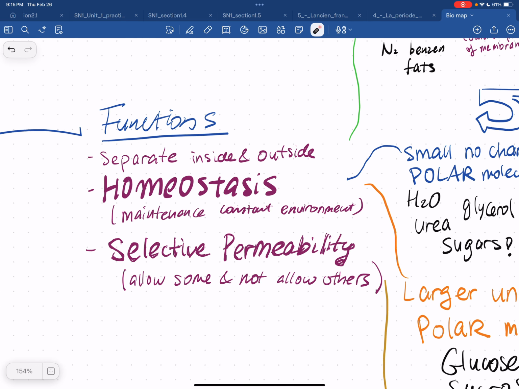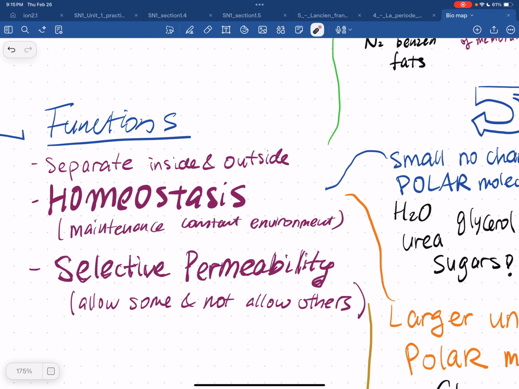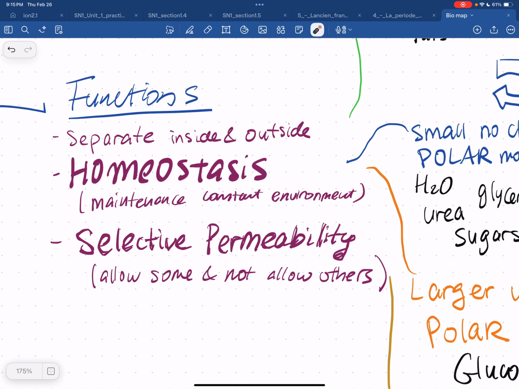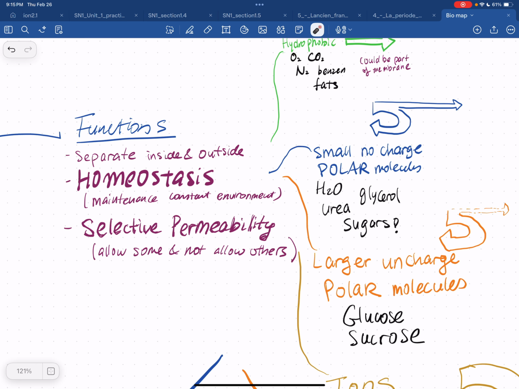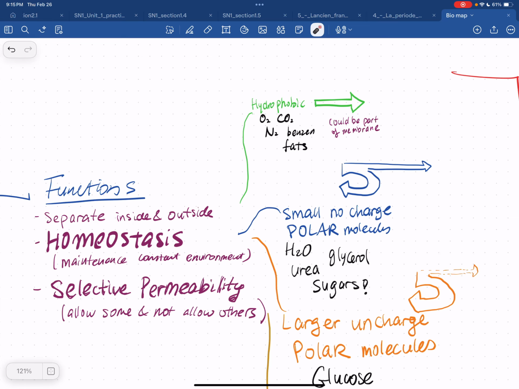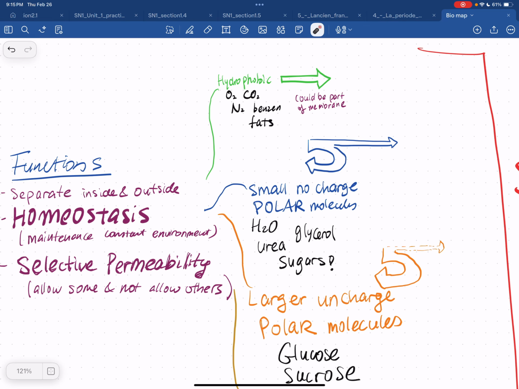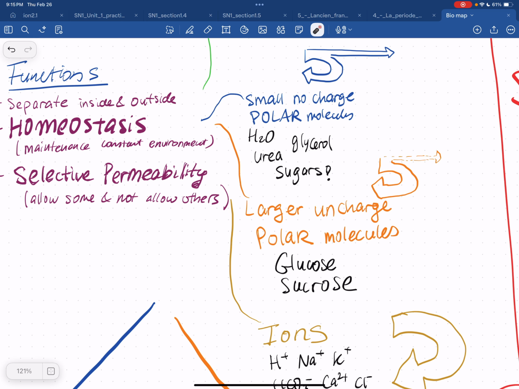And the function of these is homeostasis. The membrane separates inside and outside, maintaining homeostasis between inside and outside. It has selective permeability, meaning allowing some in and allowing some out. The whole point of this is selective permeability, so that it controls what's going in and out. So this is a diagram for